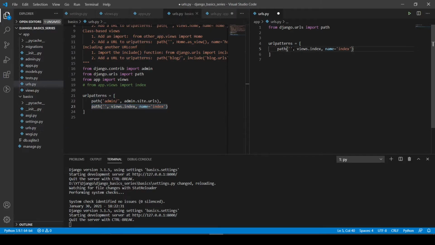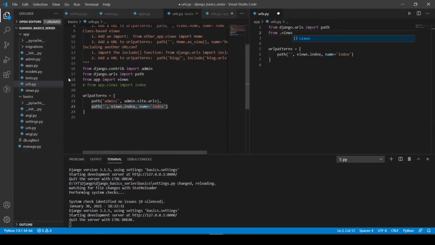As I already said, if you want to use these views, you need to import them. So here I will add from . import views. The dot represents the current directory, meaning urls.py is in the same folder as the views file you are importing.